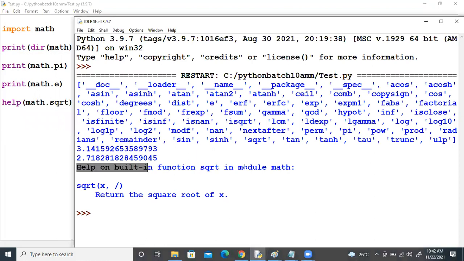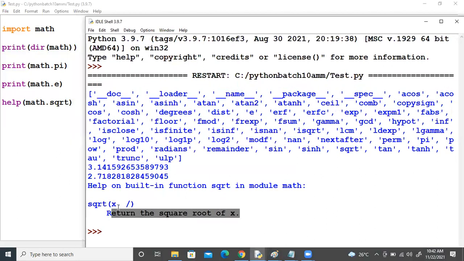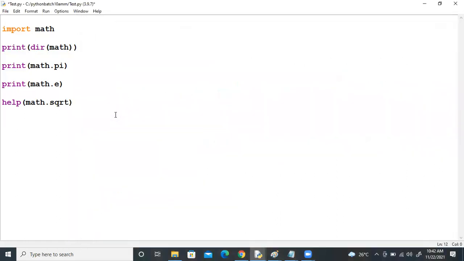Help on built-in function sqrt in the module math. Square root, expecting one value x, it returns the square root of that value. So what it is saying, you provide one value x, it will return the square root of that value. Okay. So just print